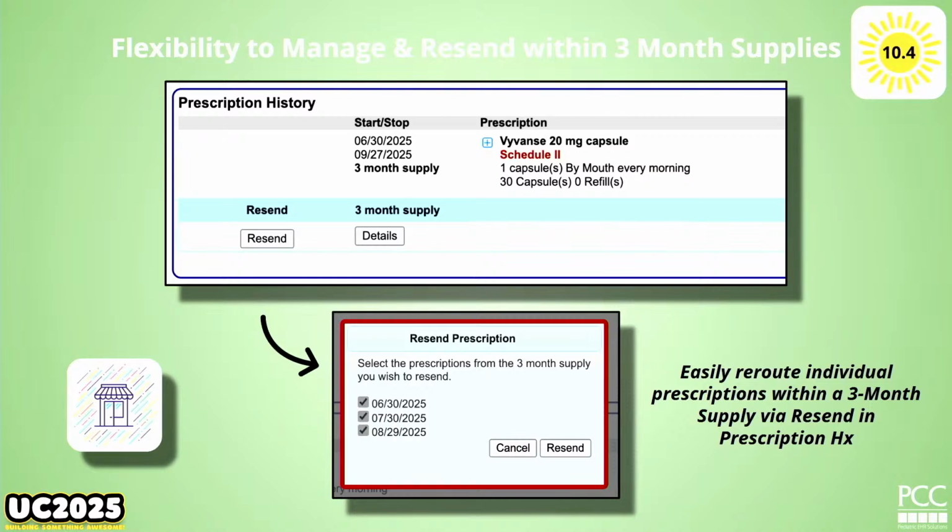I think if you've been struggling with where the 3-month supplies are going or how to delete them, or the pharmacy gets it and they delete it, don't stress about that anymore because there's a lot of different things you can do with the new release. So you'll be able to resend within that 3-month supply and have some flexibility. I keep saying change it to a different pharmacy, but you can resend for any reason. You really could be changing the strength, things like that. Not refills on these. You get the idea.